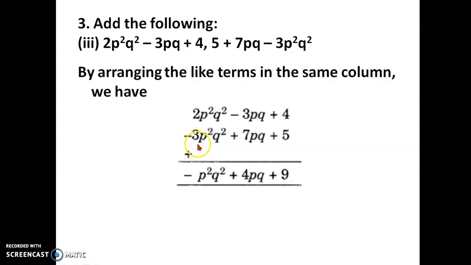So minus 3 plus 2 is minus 1. Okay. So when you have different signs, here it is plus, here it is minus, what you should do is find the difference of the coefficients, okay, and put the sign of the bigger number. Here which is the bigger number? 3 is the bigger number. So 3, what sign is it having? It is having minus, okay.